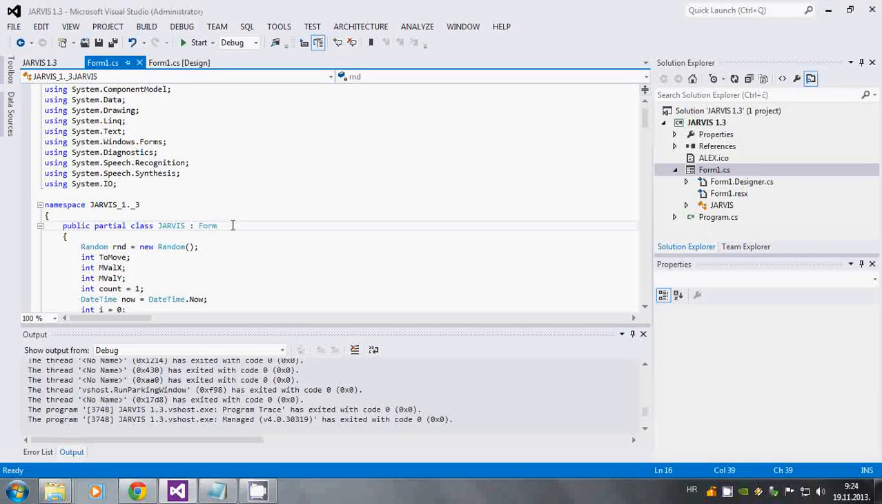So, guys, as you saw, this is Alex, or aka Jarvis. I named the project Jarvis, but it's actually Alice because I'm using female voice. Today I'm going to show you how to create your own Jarvis, or whatever you want to call it, using